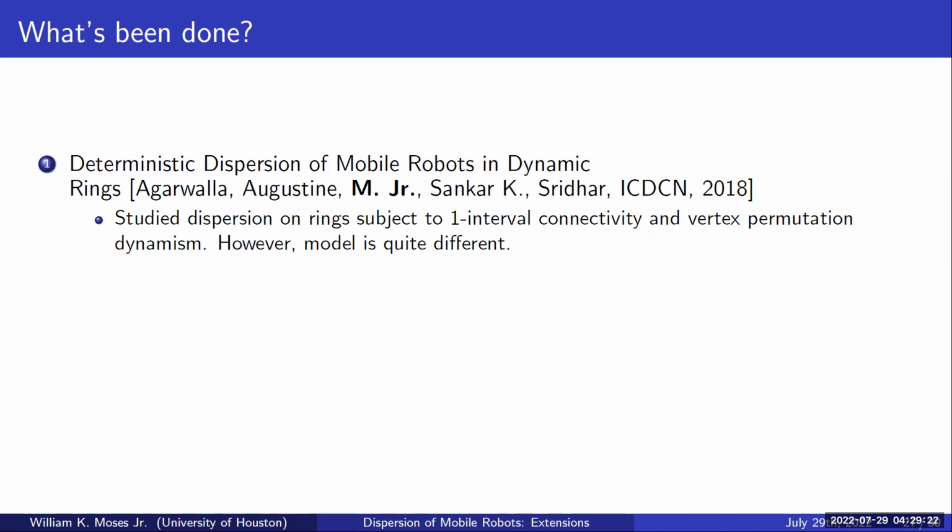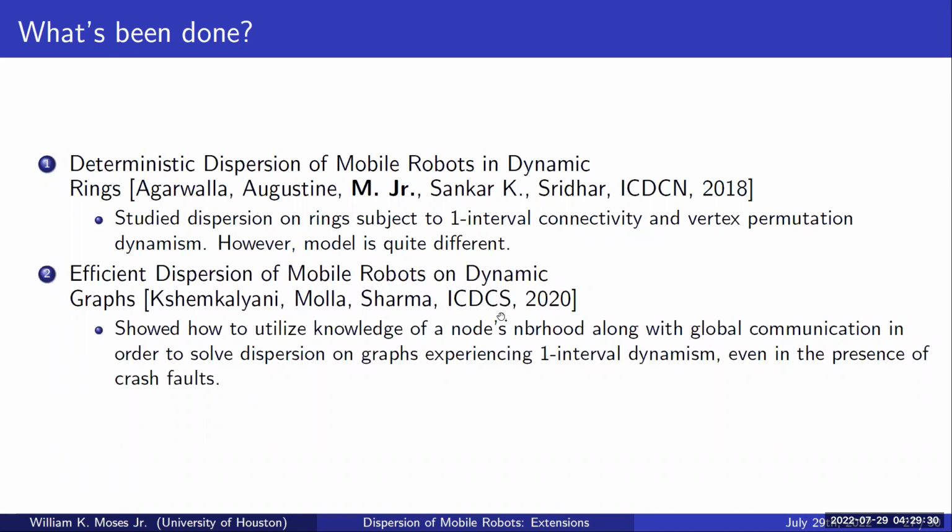But another paper that's more in line with the models we've been talking about is this paper by Kesham Kalyani, Mola, and Sharma in ICDCS 2020. Basically, they combine global communication with an extra power, which I'll get to in a second, in order to solve dispersion on graphs that experience one interval connectivity. And they do this even in the presence of crash faults. Now, what is the power they make use of? They make use of something called one-hop